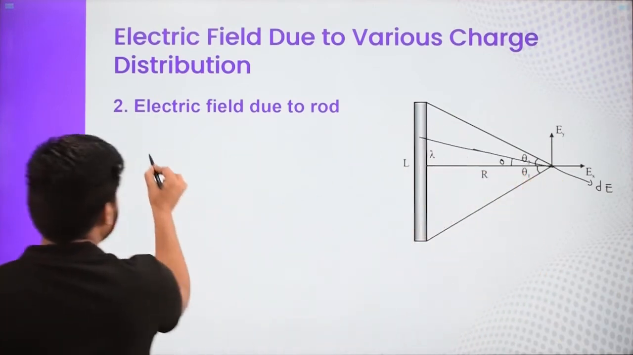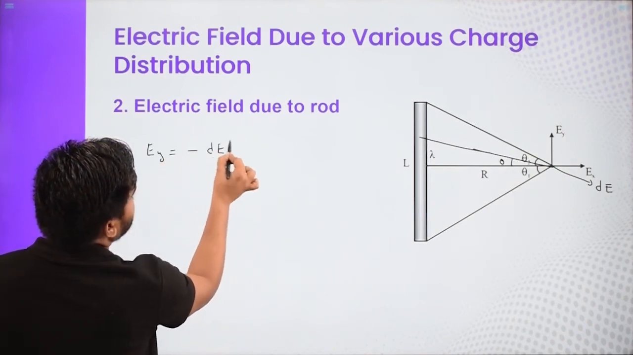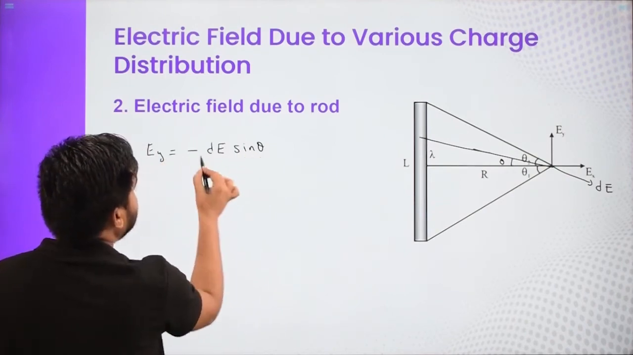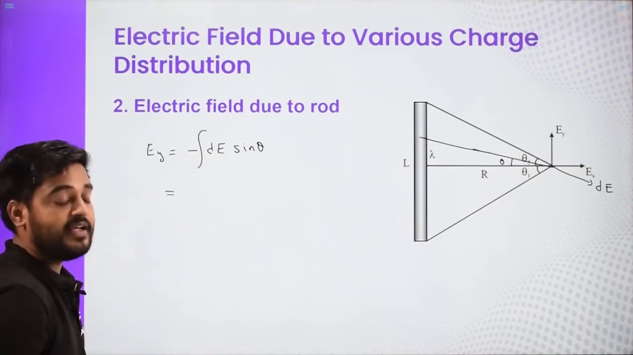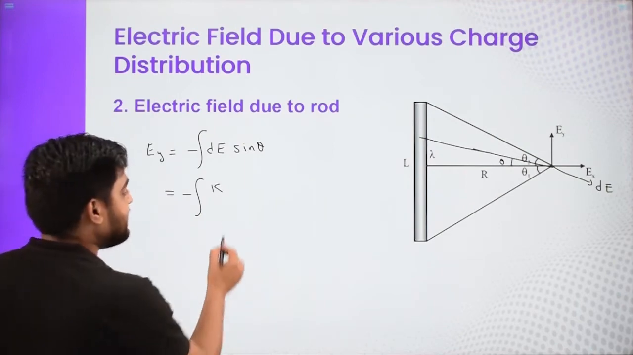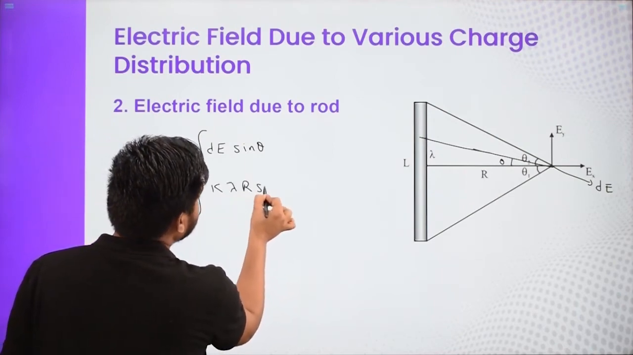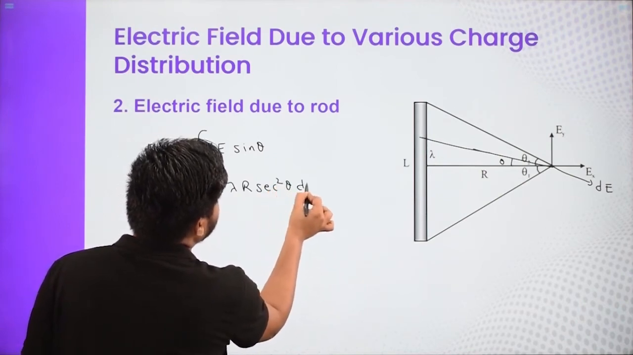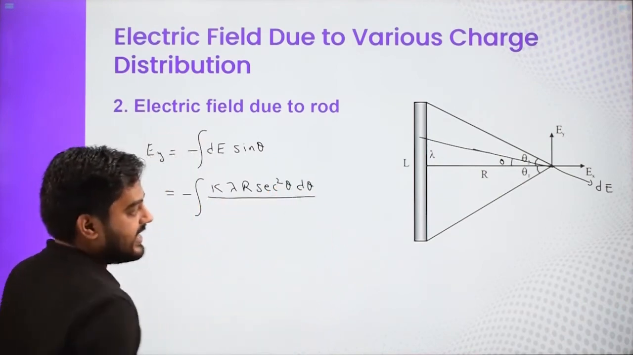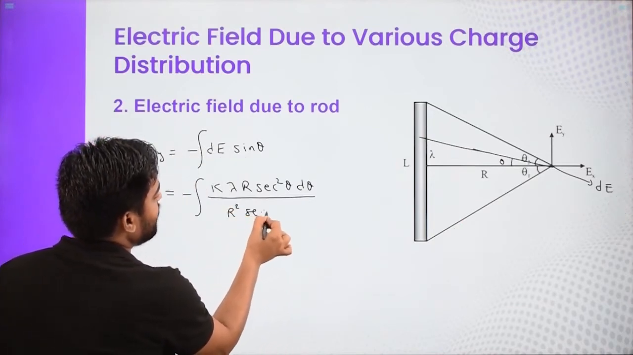So Ey was nothing but minus dE sine theta. Integrate it to get the full Ey, and then minus what was dE? K q, which was lambda dx. And what was dx? Dx was r sec square theta d theta divided by r square, which was this y square, which was nothing but r square sec square theta,